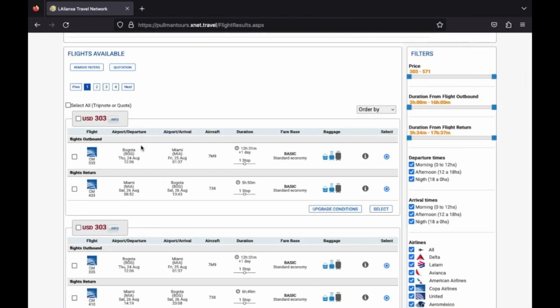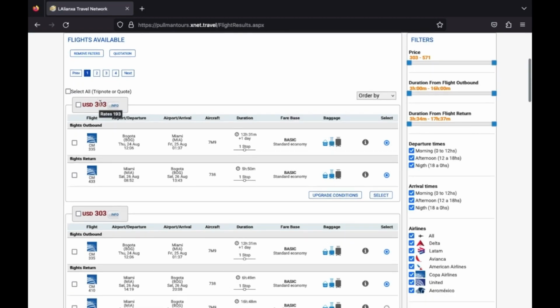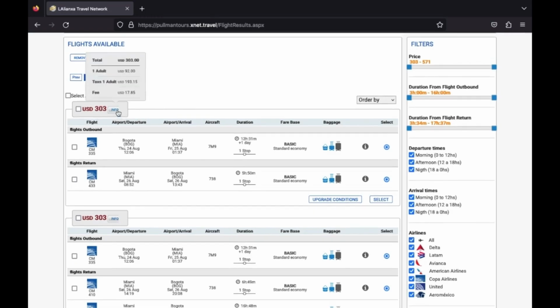At the central part of the screen are displayed the flight options with relevant information such as departure and arrival airport, type of aircraft, type of fare, and the amount and type of baggage allowed. All the flight options are grouped by fares, which indicates that any of the trip options in the group have the same price. By hovering the mouse cursor over the info label, you will be able to see the breakdown